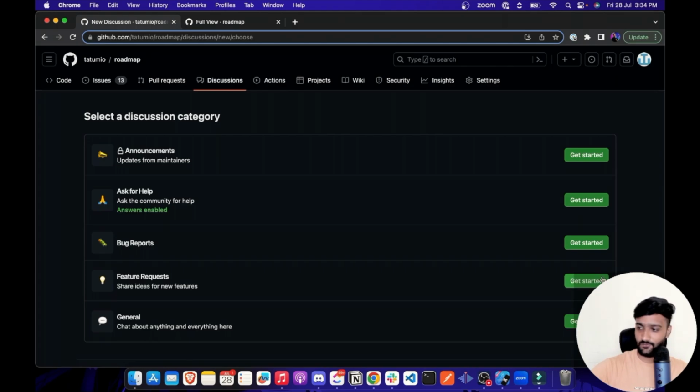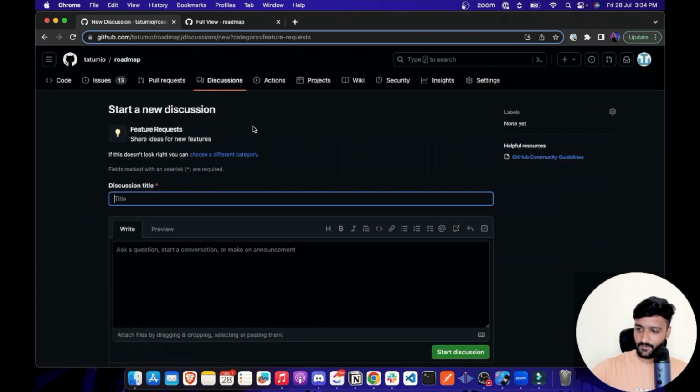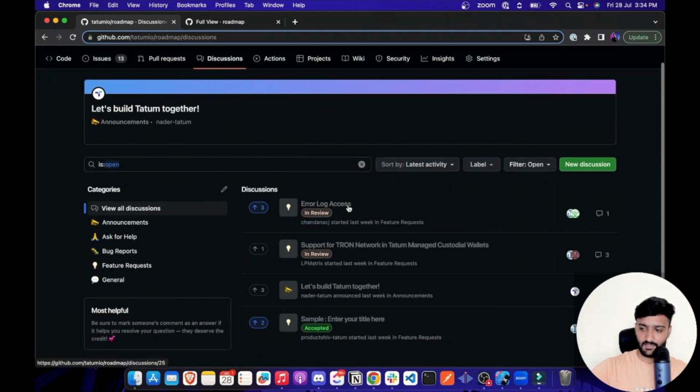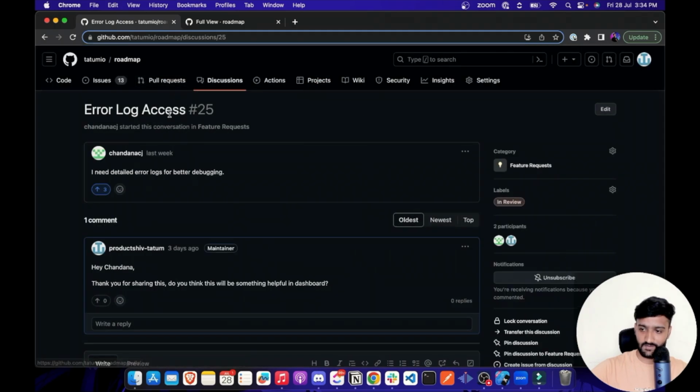So let me just choose feature request for now. And then I can fill up my title and the description of the feature request that I'm requesting. I'll not create a new one though, because we already have some feature requests that we can see on our main page. So once you create a feature request, it looks something like this,